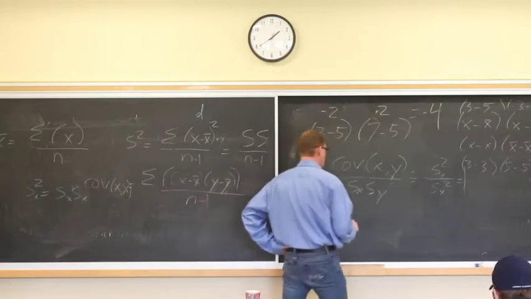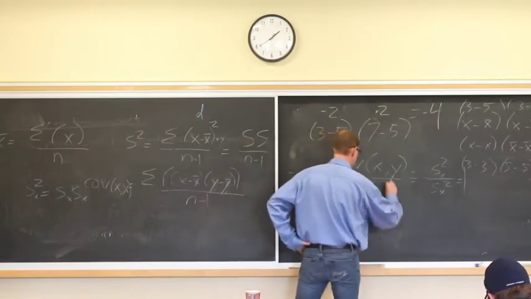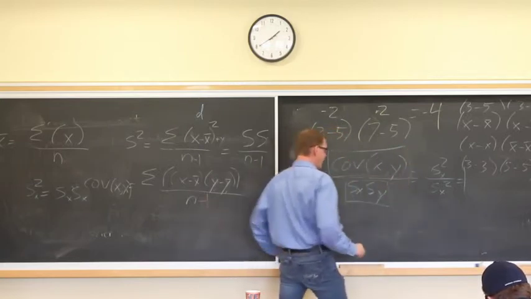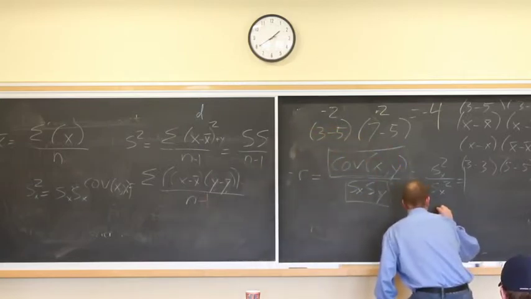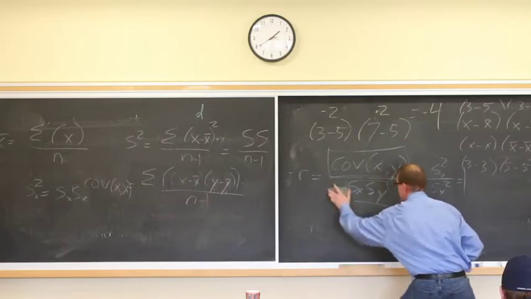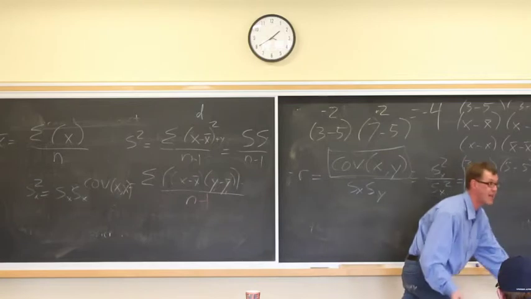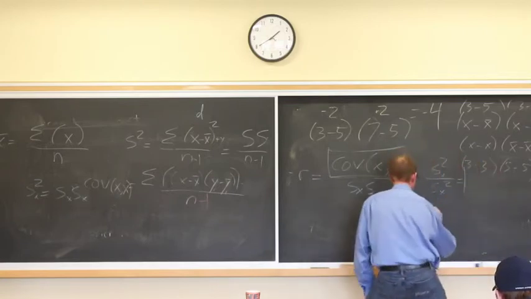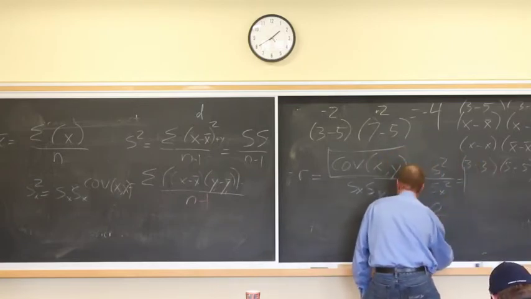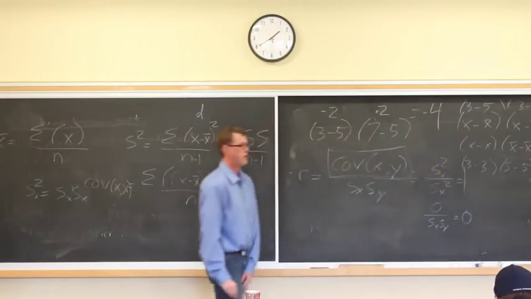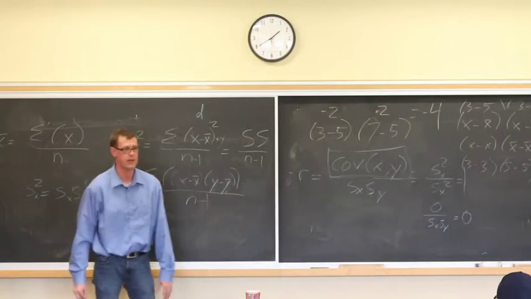So if these things don't go together at all, or these things don't go together at all, then actually this, that would be that. That would be infinity. But if they don't covary together at all, then this should be 0 over whatever that is. That will equal 0. If they vary perfectly together,